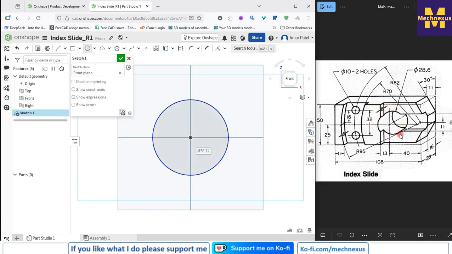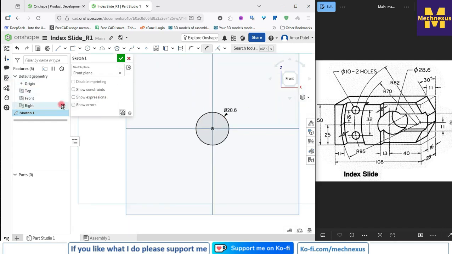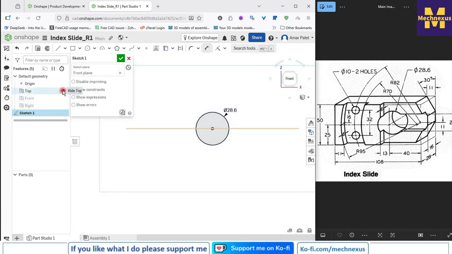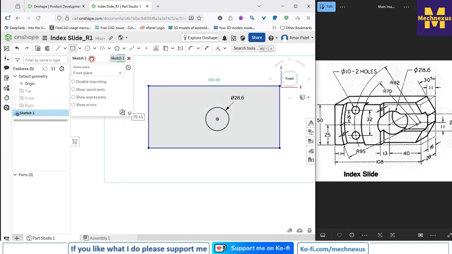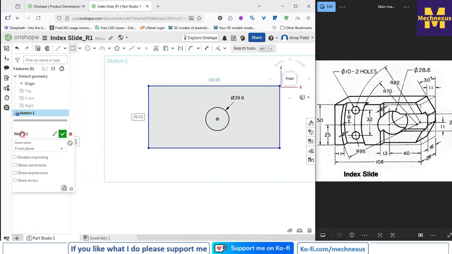We will draw this circle on origin, and its diameter is 28.6, and let's turn off this datum plane, escape dimension, and now we will select a rectangle tool and create a rectangle, and let's move it to the bottom side,